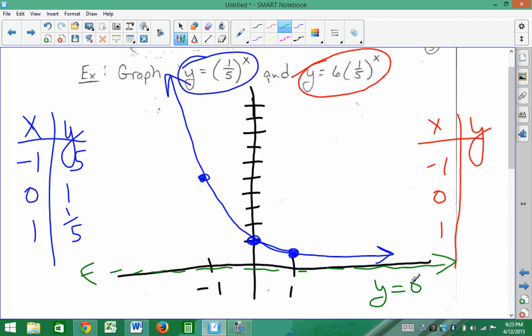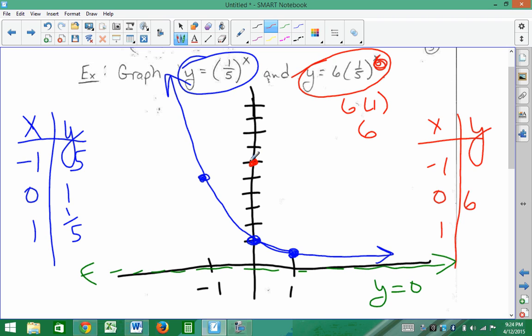So what's the 6 do? Well, let's plug it in. Let's see. So if we put 0 in for x, we end up getting 6 times 1, or 6. So what was at 0, 1 is now at 0, 6. So it looks like to me what the 6 does is causing the value to be 6 times what it